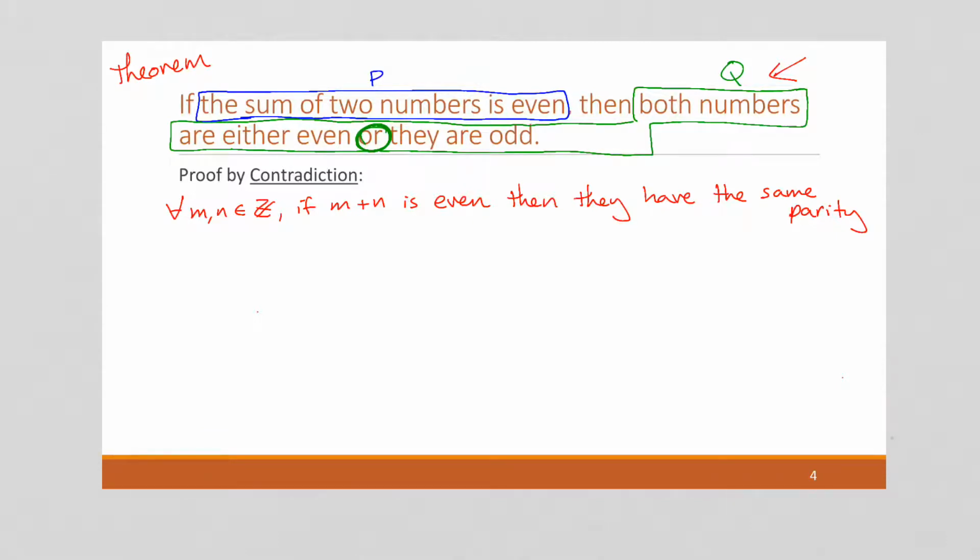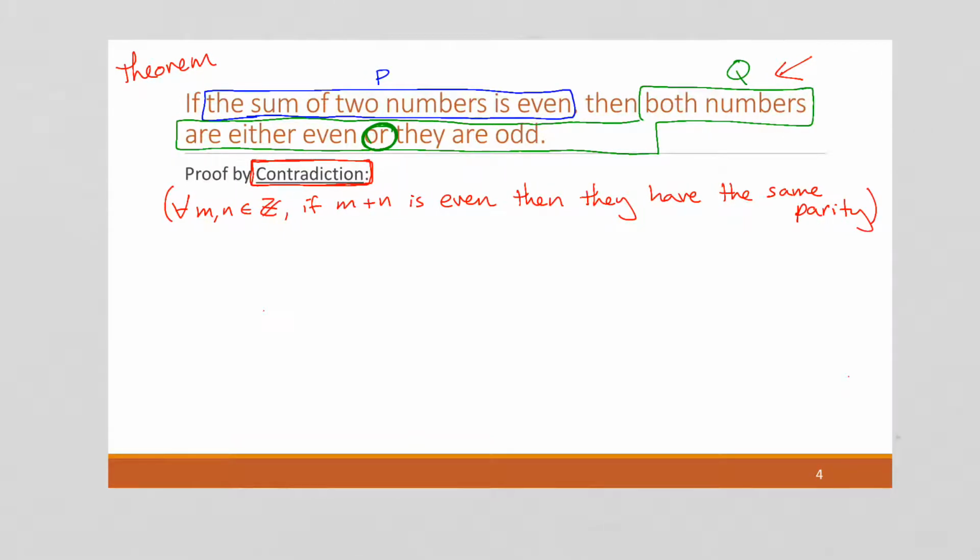Okay, and writing it this way is going to make taking the negation easier. Because recall, we're doing a proof by contradiction here. So we need to start by supposing the opposite. Well, first let's calculate the opposite of this. We want to suppose the negation,